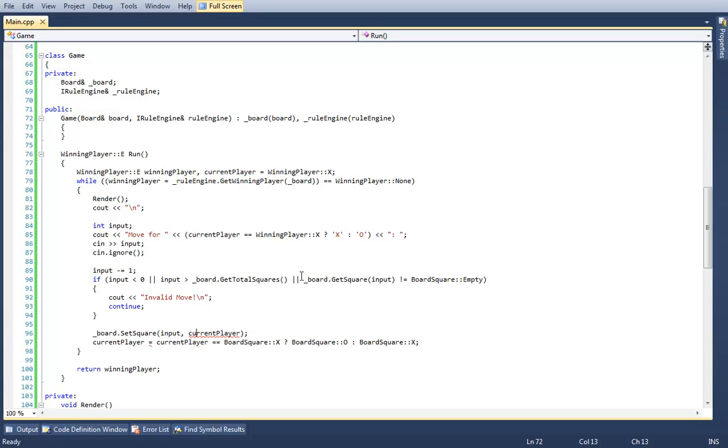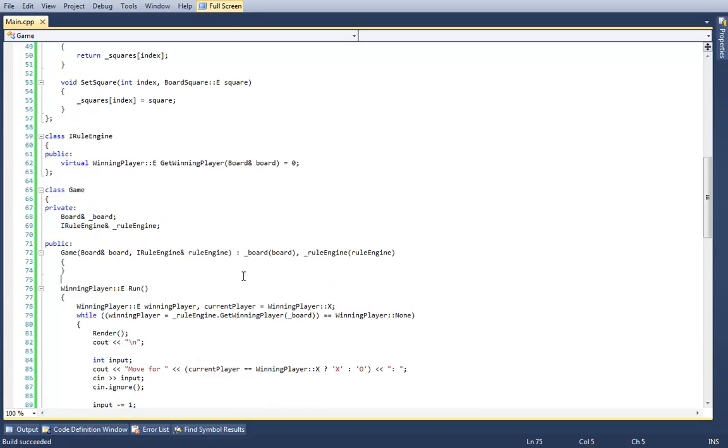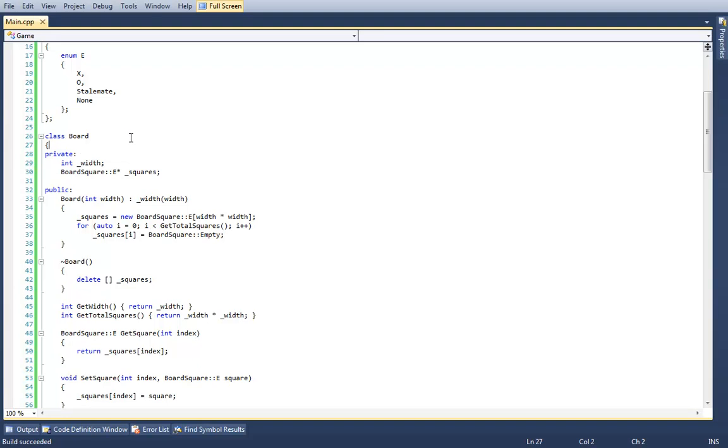And then the set square will be current player equals winning player X, board square X, otherwise board square O. And then the current player will be that, and that. And we get compilation. So, again, all we did was we added this enum up here.